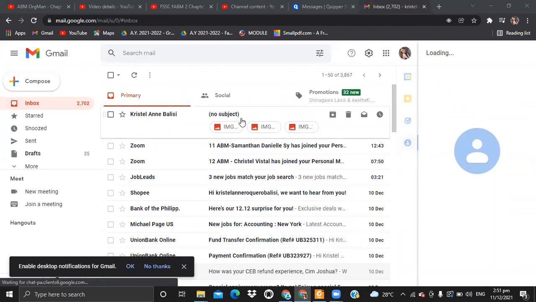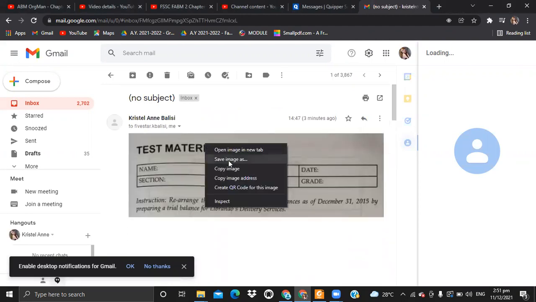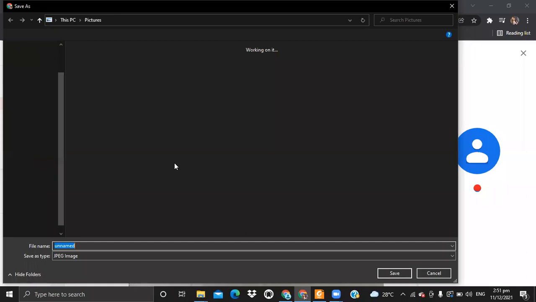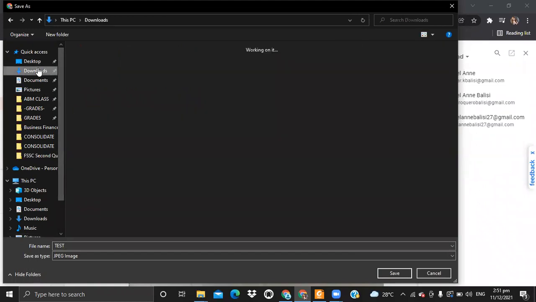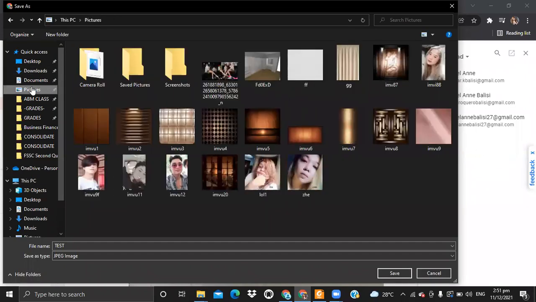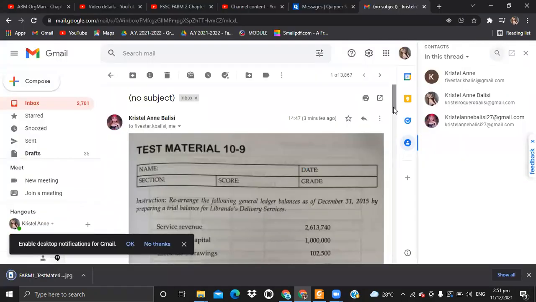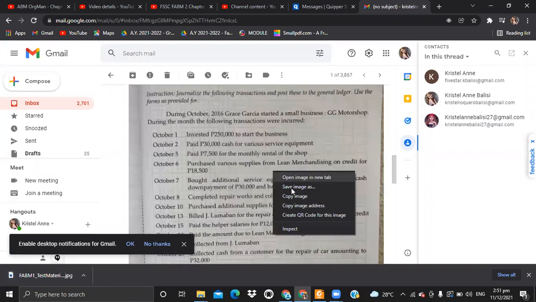Okay, so this one. Though this is for next year. FABM1 test material. Okay, so we have 3 activities. One is a group activity. And the other one is